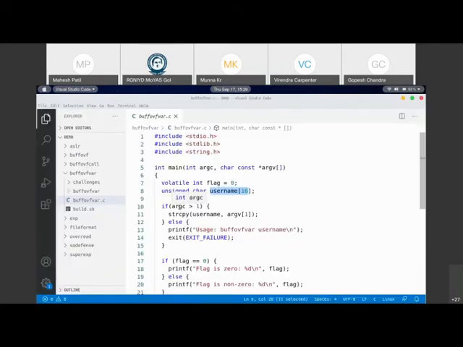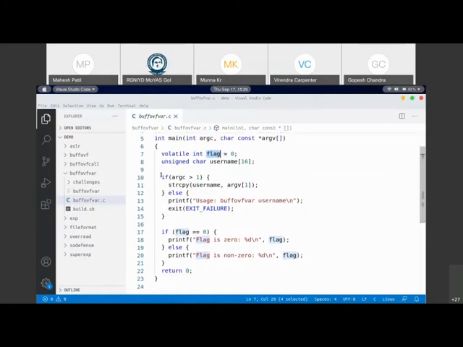Now the whole program says the concept. So look at this variable flag. The variable flag is never changed anywhere in this program. Do you see any assignment to the variable flag? No. Here, what we are checking is whether flag is equal to 0. Is it equal to 0? Yes, it is equal to 0. So when we execute this program, it is always going to print this message, that flag is 0.